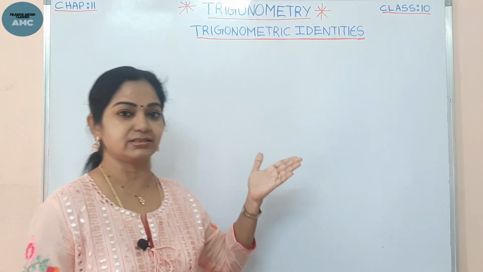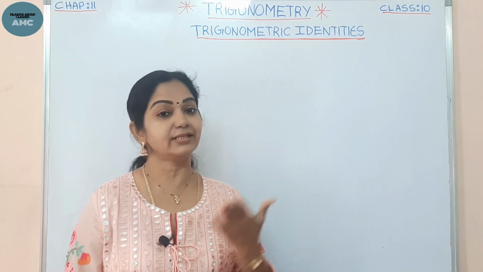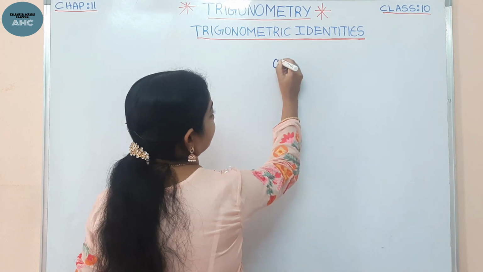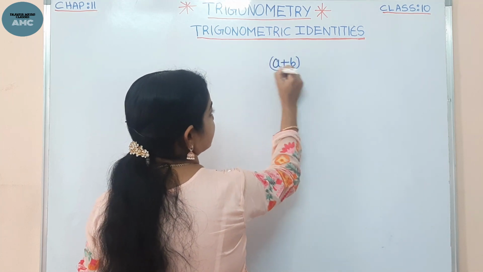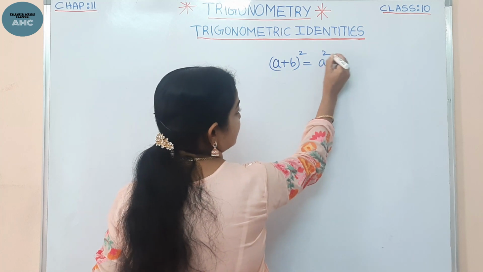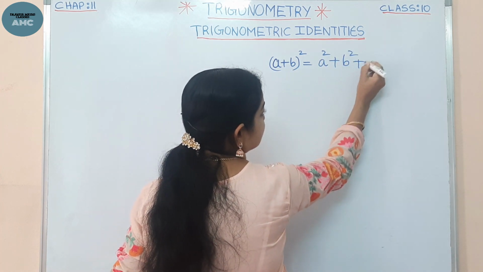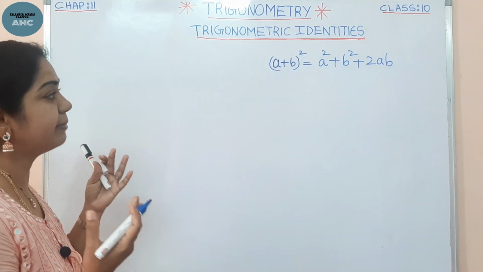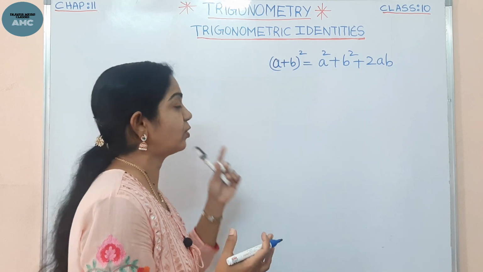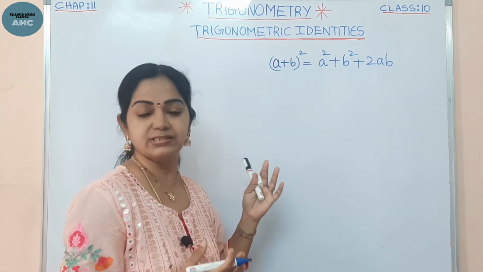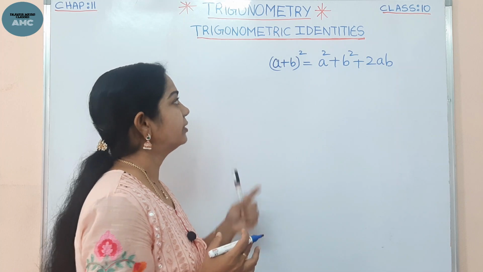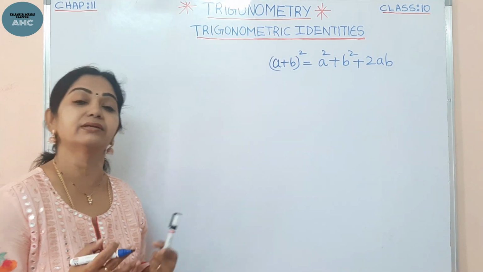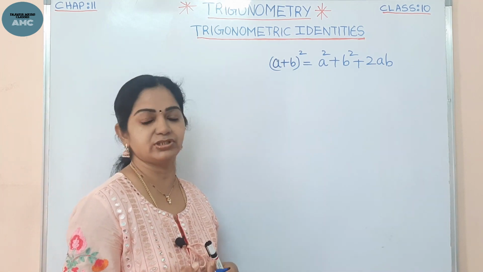A mathematical identity. We know many algebraic identities, right? Such as a plus b whole square, a common algebraic identity, isn't it? This comes to a square plus b square plus 2ab, isn't it? This is an algebraic identity, right? That means a mathematical equation which is true for all values of the variables is called an identity. Now, for trigonometric identities, the identities involving the trigonometric ratios are nothing but the trigonometric identities.